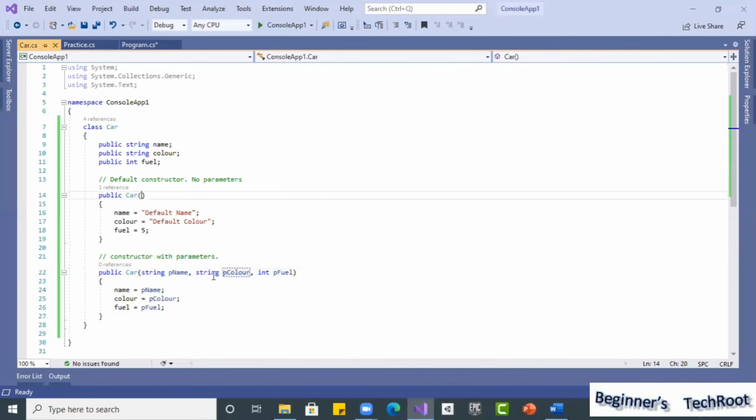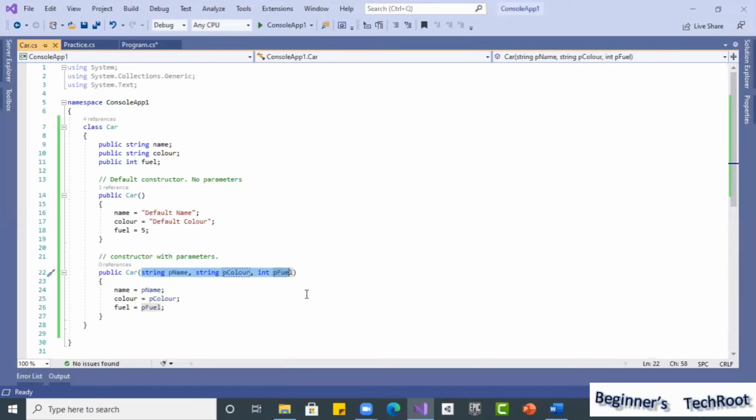So with this way, you can have the same method name, even for the constructor. Similarly, methods you can also write, but you need to make the method signature different. Even though the method name is the same, if you make the method signature different, it allows you to use the same name. The difference in the method signature is nothing but the number of parameters or the type of parameters. So that way it allows.